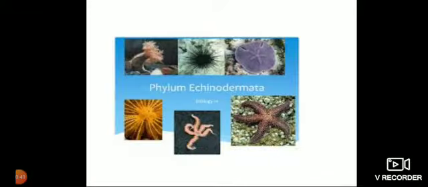Now you can see here the starfish. If any of the arms is cut, it will grow anew. That is regeneration. Bivalve is a favorite food found in seawater. You can see the star-like body of the starfish. 5 arms are there. Practice drawing the starfish. And the movement is by the hydraulic system with the help of tube feet.